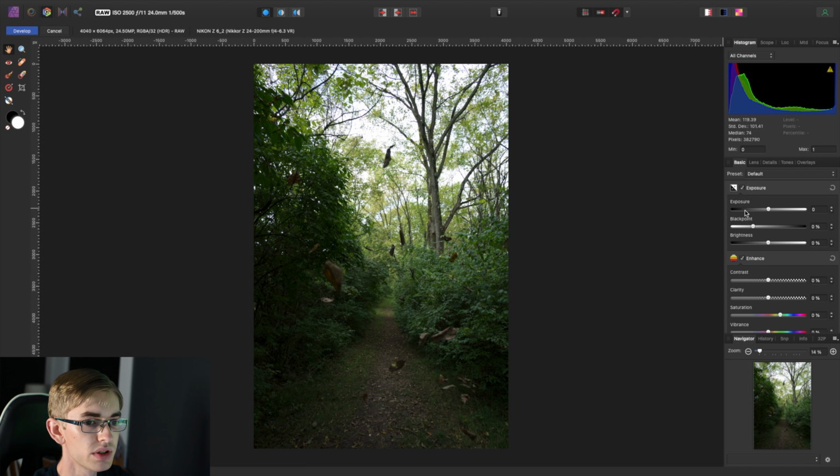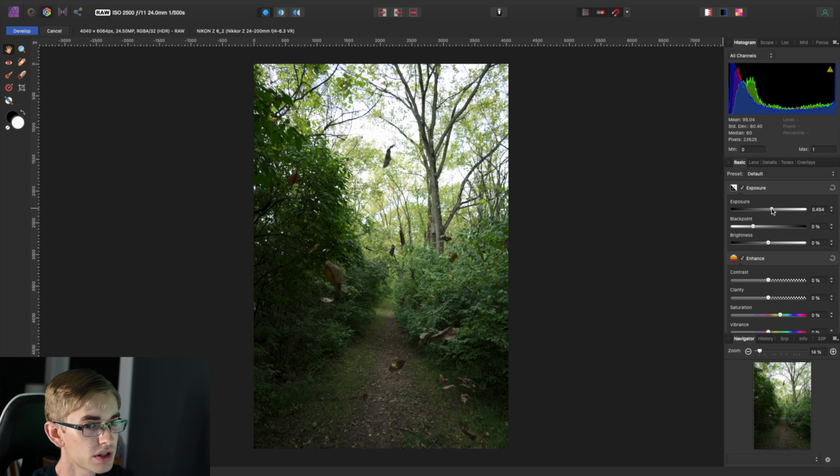So first off, we want to brighten this photo up quite a bit. So we'll just take the exposure slider here and we'll just pull it up. And this is usually a good place to start when you're trying to match up a particular style, is to just try to get the lighting really the same in the two photos. So we're going to bring this up somewhere around there. I think that looks kind of similar to the photo that we were trying to match.